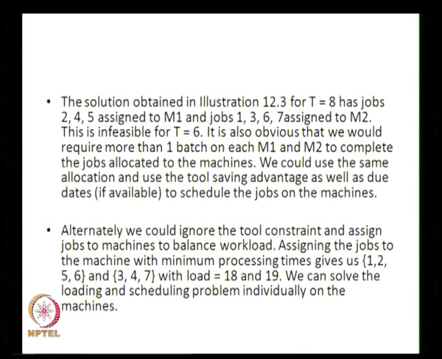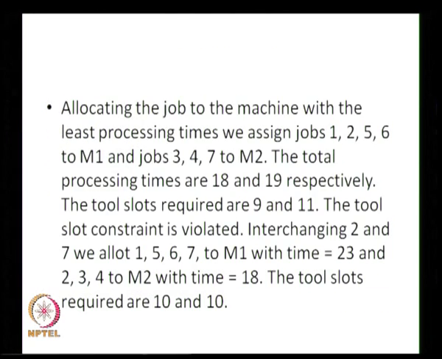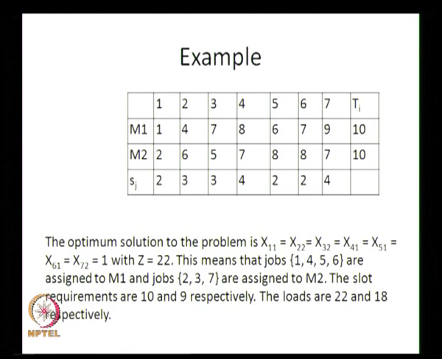These jobs will have to go to the customers at certain specified due dates. So the moment we bring in due dates, we get into a typical scheduling problem where time of completion becomes a variable and the problem becomes complicated. Secondly, if we look at the example that we have solved, we have 7 jobs, and the way this problem is created, a total of 20 tool slots are required.